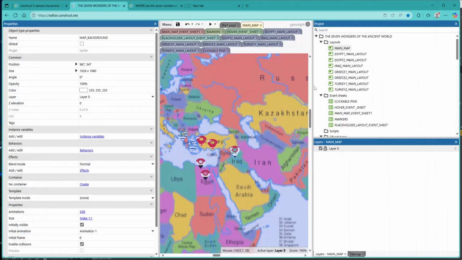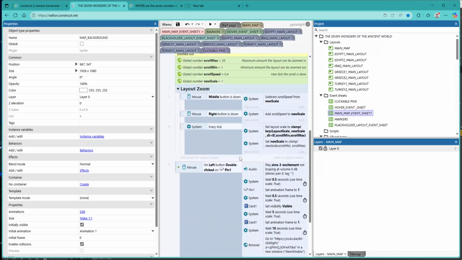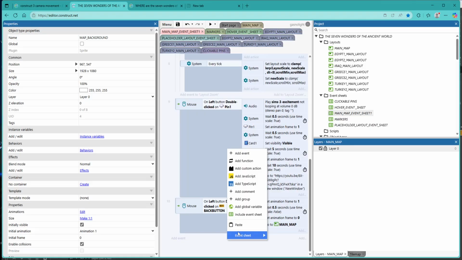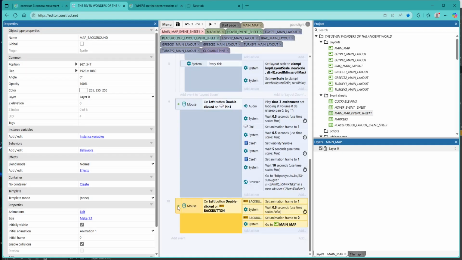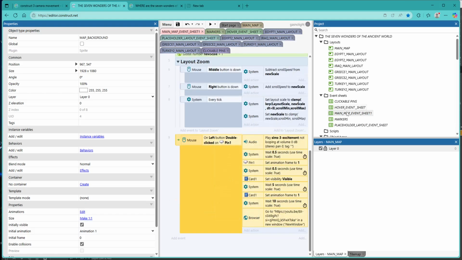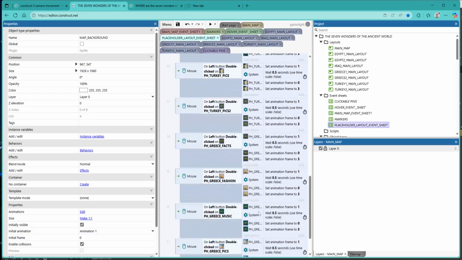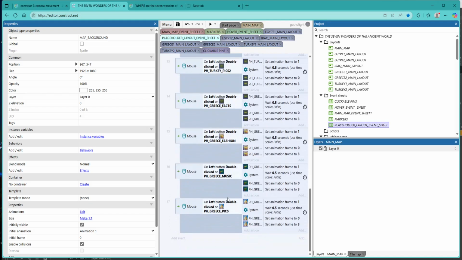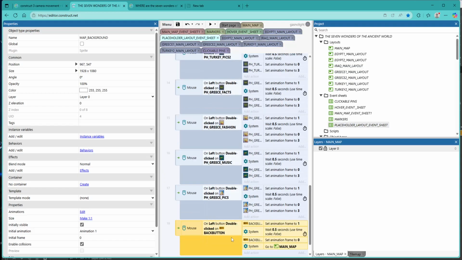Oh, I keep forgetting because I told you before how to put it in, and I'm failing, so I should do it. So let's go to include event sheet at the bottom of the main event sheet, and include event sheet. Sorry, I put it in the wrong place. So basically, you don't want to put it in the main sheet. You want to put it in the placeholders. So basically you want to go to placeholders, layout, whatever you called it, but I call main placeholder layout, and you want to right click, paste,